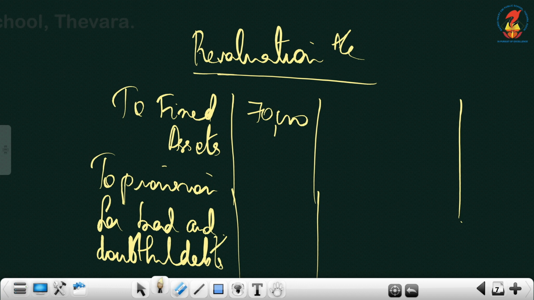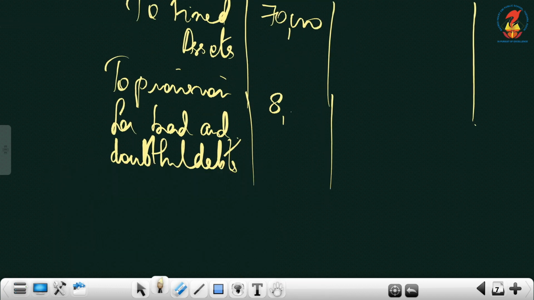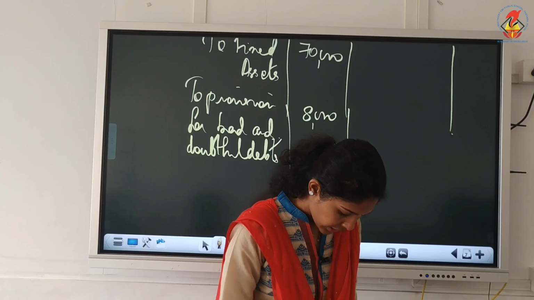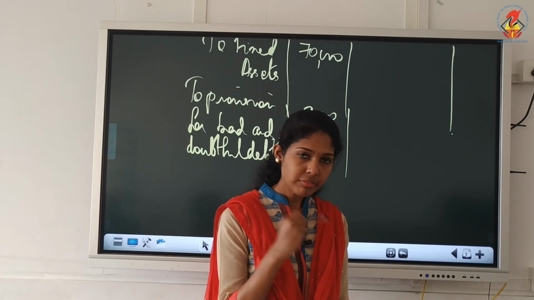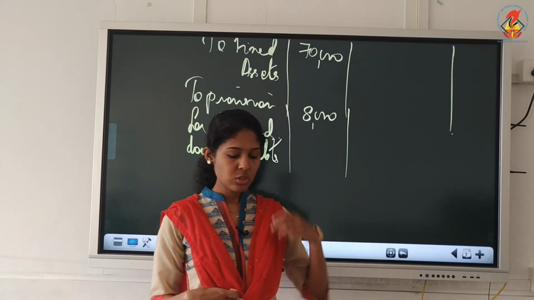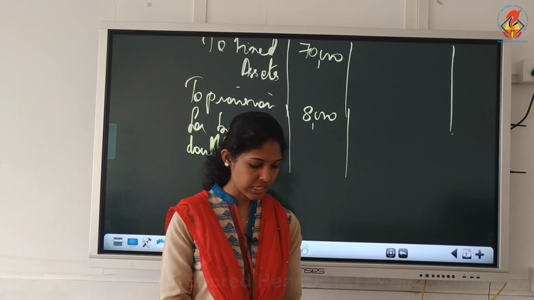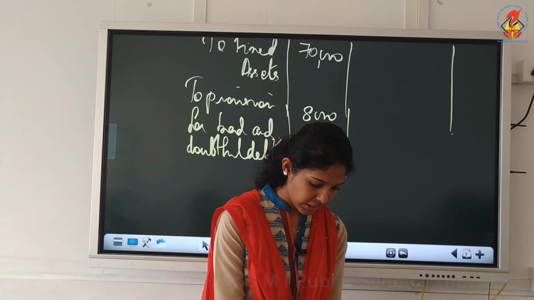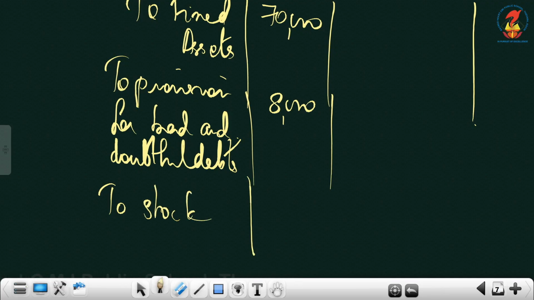So that is 1,60,000 into 5%, which is 8,000. Then we have stock valued at... Okay, along with that there is one more sentence. We'll read that later. Stock was to be valued at 2,18,000. So take the difference. If it is 2,40,000, it became 2,18,000. So reduction in value, take the difference, 22,000.